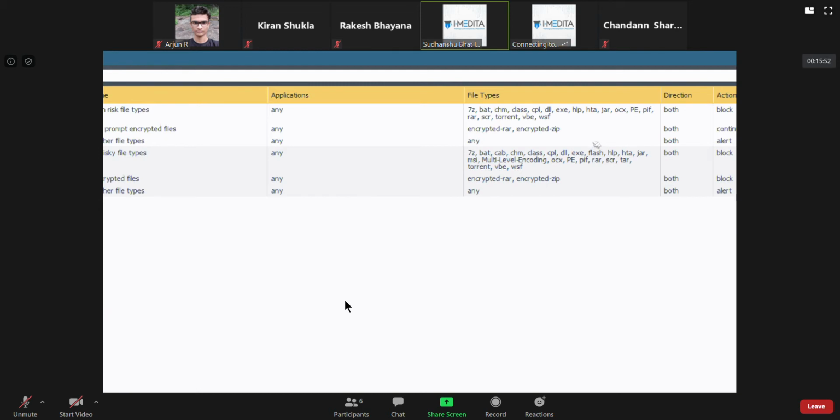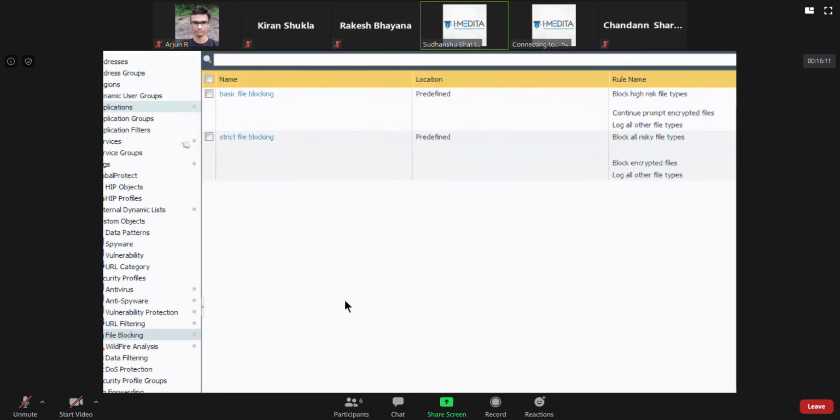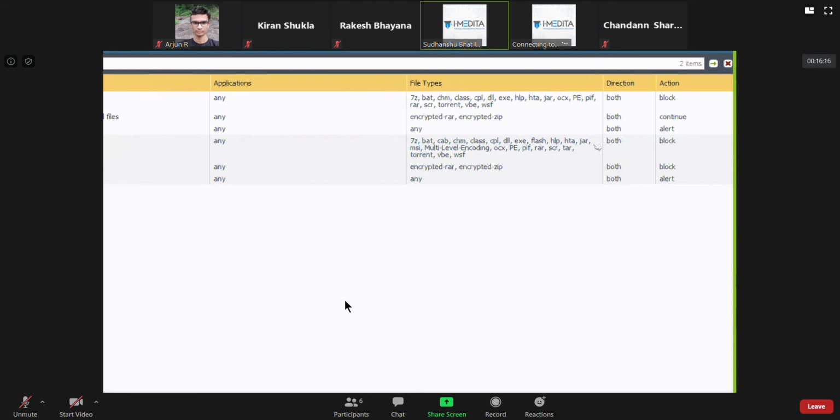Similarly, jar files, because these are Java based files. Why would the user want to download Java based files, or DLL files or exe files? So you see, by default in this basic file blocking profile, these file types are blocked for both directions. Direction both means upload and download both.